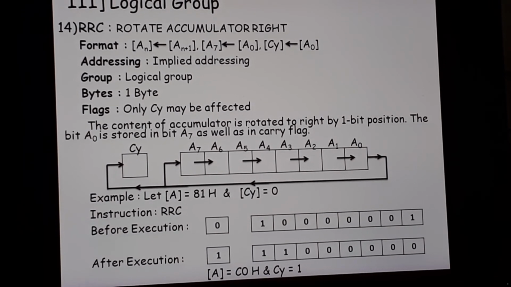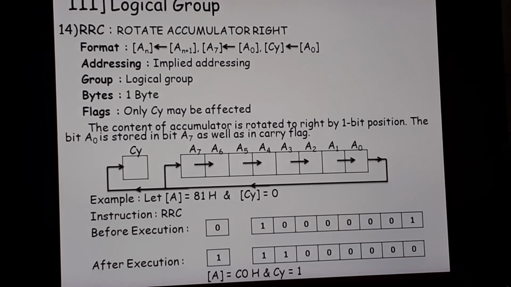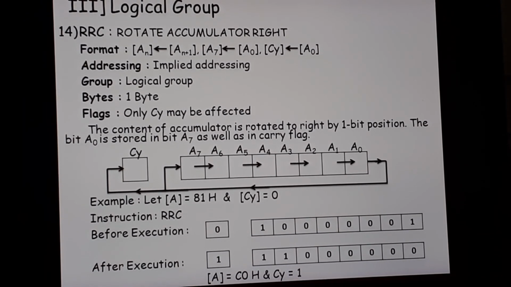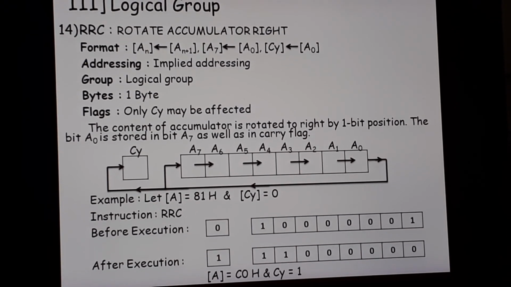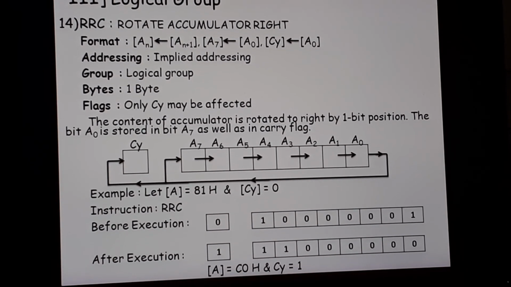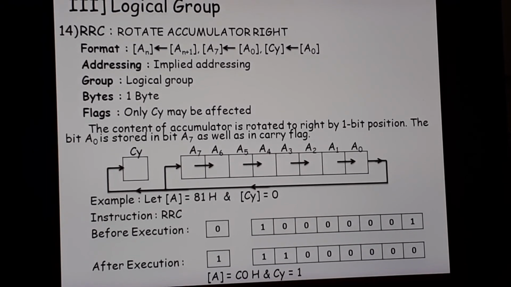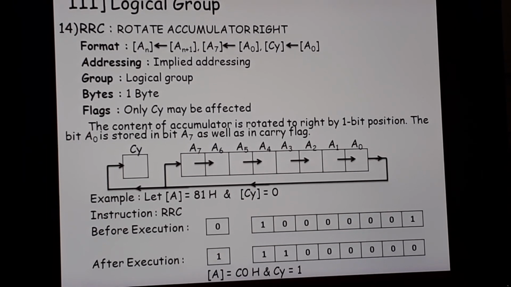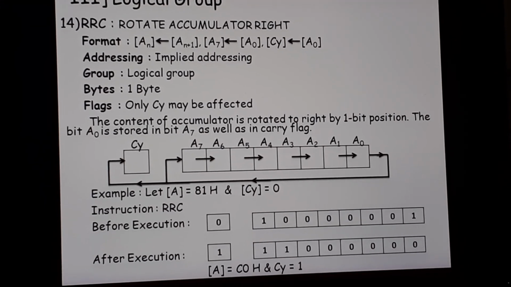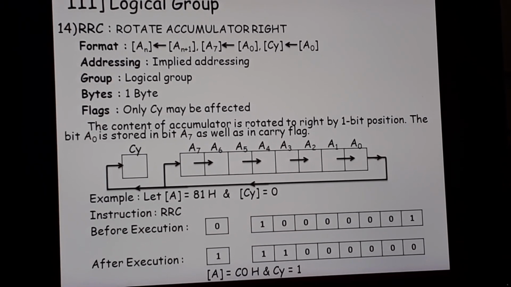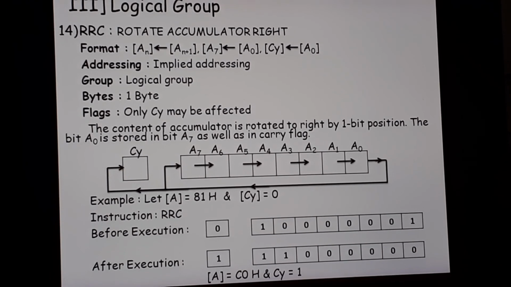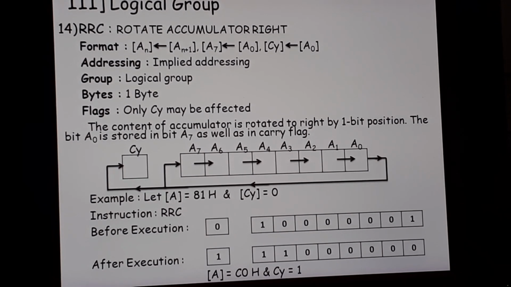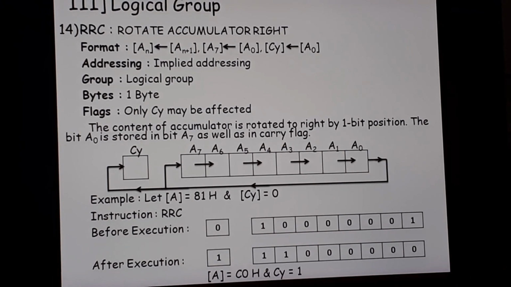So after execution, you will be shifting the A0 bit first to carry. So hence the carry from 0 got to 1. Why? Because A0 bit got shifted to carry. The same A0 bit will be shifted to A7. So hence from A7 you will start here. In the RLC you used to start from A0, here you will start from A7. So you will write A7 as 1, then A7 bit to A6, so 1. So hence the answer that you will get is 1.